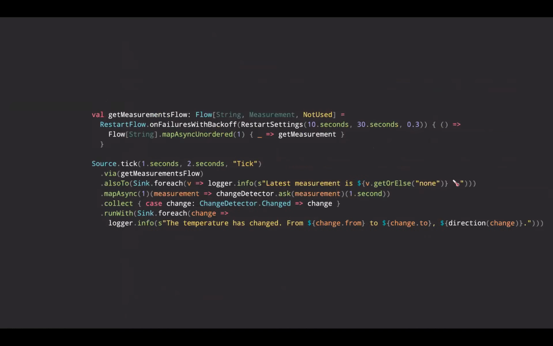Now, it's possible that these network requests might fail. So in that case, we're going to wrap this web request into what's called a restartable flow. With this flow, we replace the function that was calling the external service with another flow.